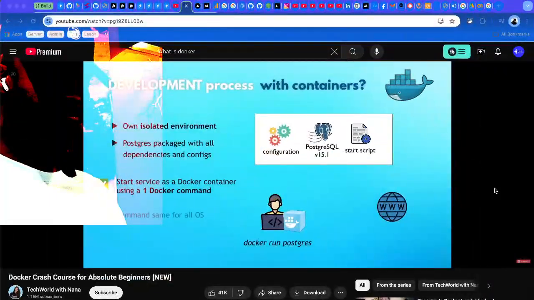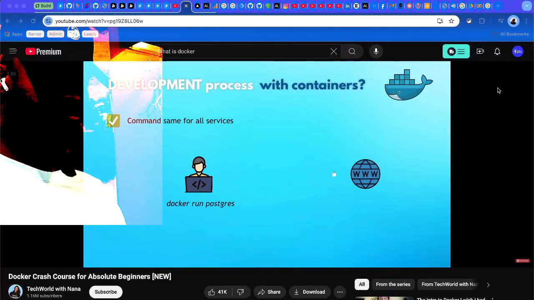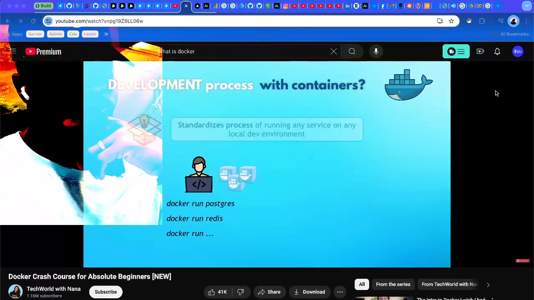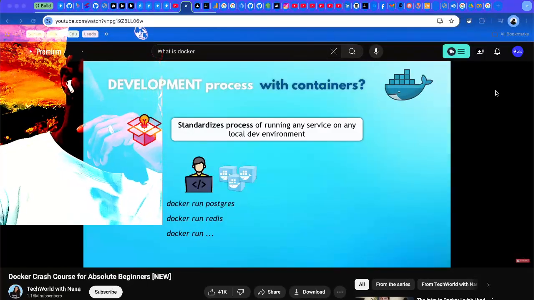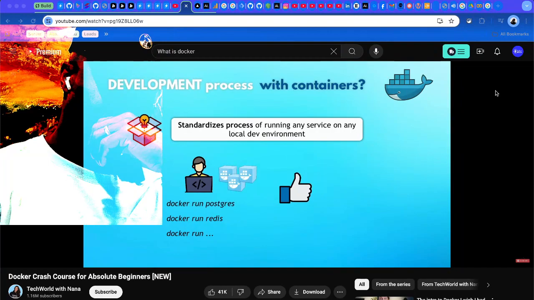And the Docker command will be the same regardless of which operating system you're on, and it will also be the same regardless of which service you're installing. So if you have 10 services that your JavaScript application depends on, you would just have to run 10 Docker commands, one for each container, and that will be it. So as you see, Docker standardizes the process of running any service on your development environment and makes the whole process much easier. So you can basically focus and work more on development instead of trying to install and configure